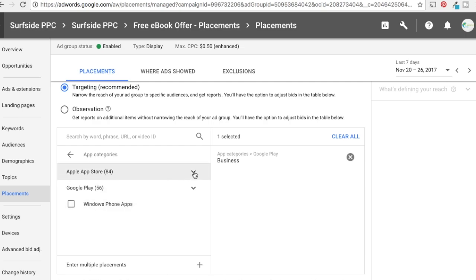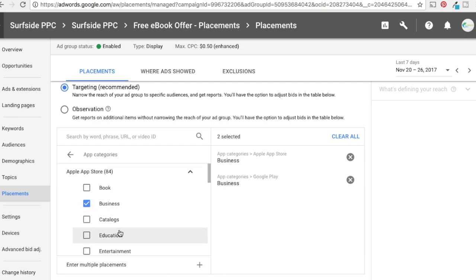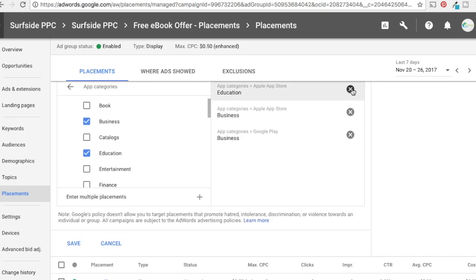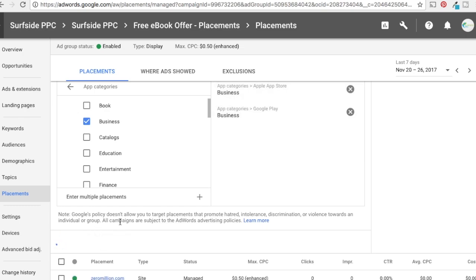And we'll go into the Apple App Store and target business. Maybe we'll target education too. So we'll click save. Actually, education is probably going to be a lot for kids, so we'll do business and click save. So now basically when we're targeting these app categories, when someone opens up the entrepreneur app to read